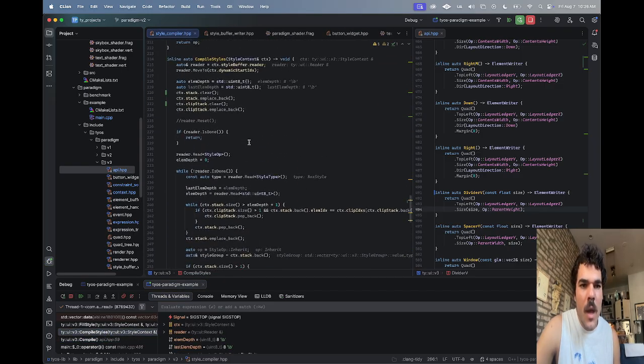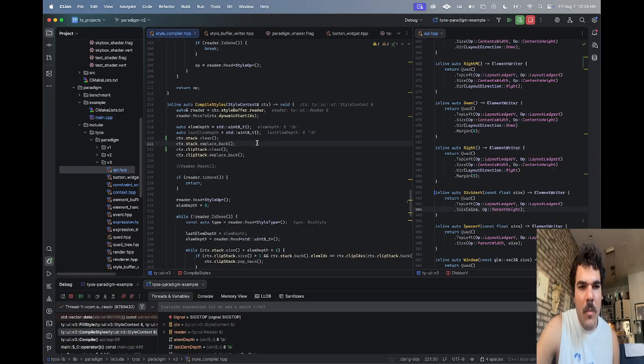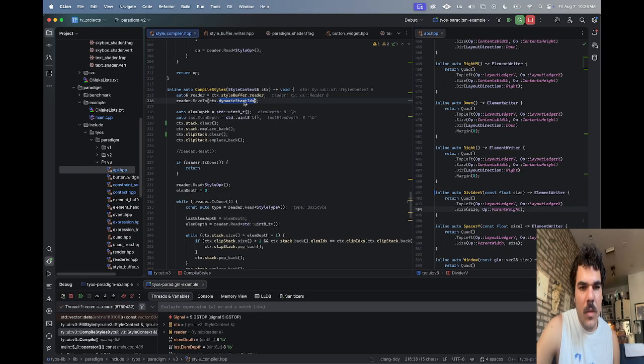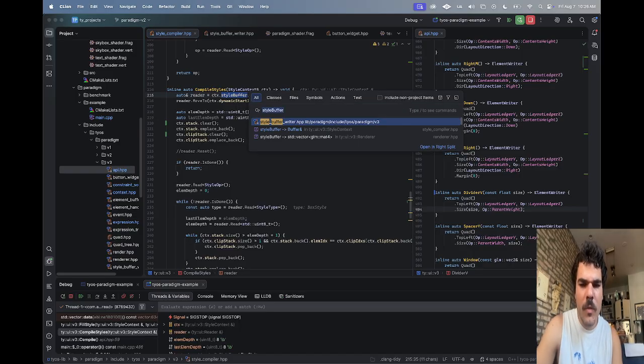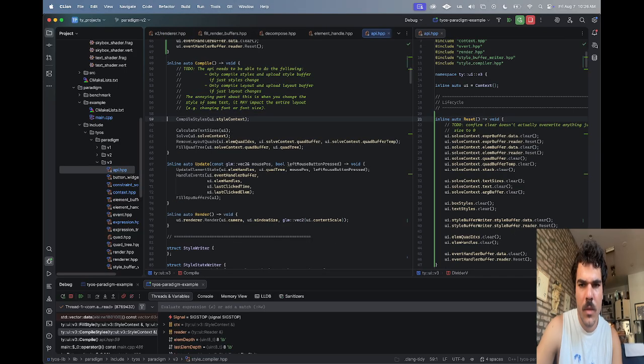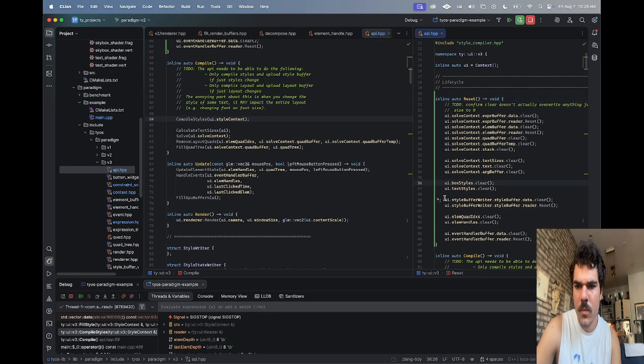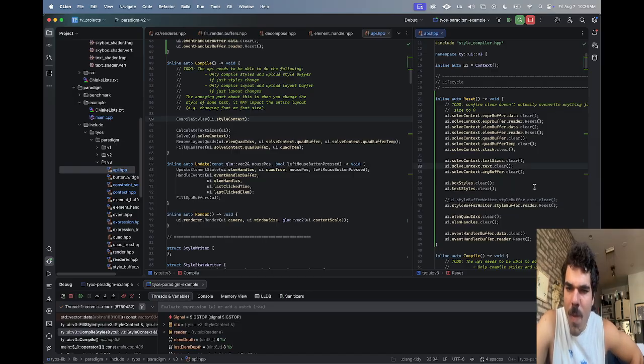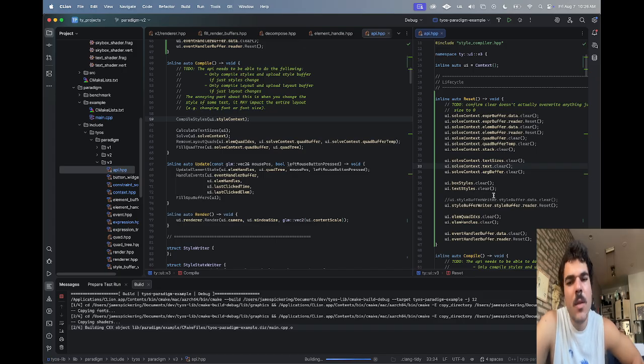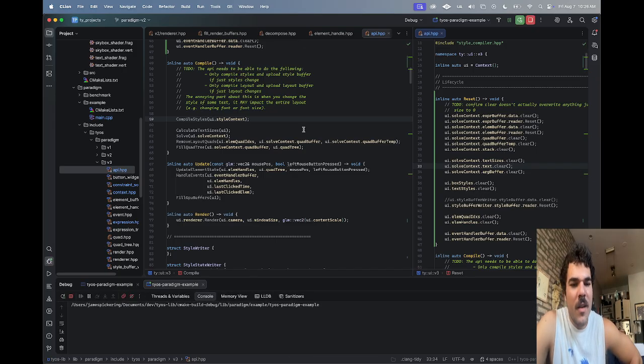Compile styles. But the style buffer should not be clearing. I don't think we actually need to clear the style buffer because that's where all of our